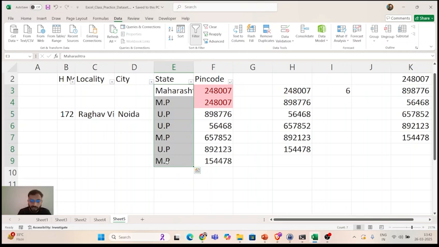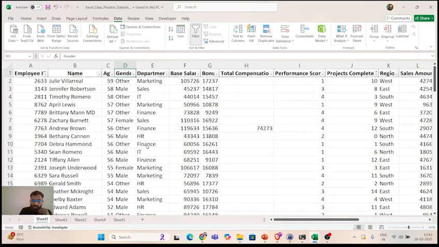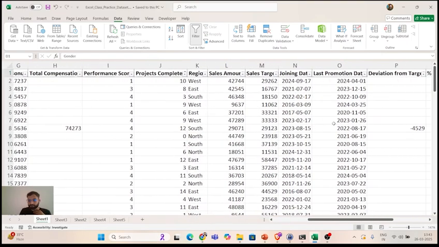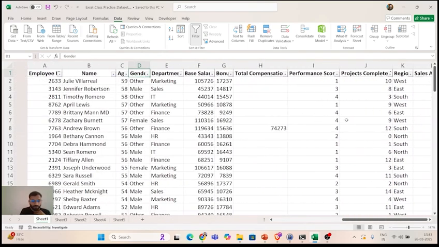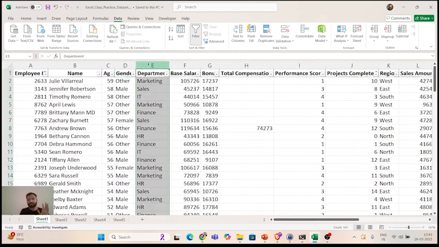This is a very small data set. I can see it with my eyes, but by using the functions, unique values, duplicate values, do whatever you want to do, but tell me how many unique states we are serving, at least in this data set. Or if you want to do real hands-on, take this data set and tell me how many different departments there are in the company. You may use highlight duplicates and remove duplicates, or you may use the unique function, filtering, sorting, whatever you want. I told you all the ways, right?